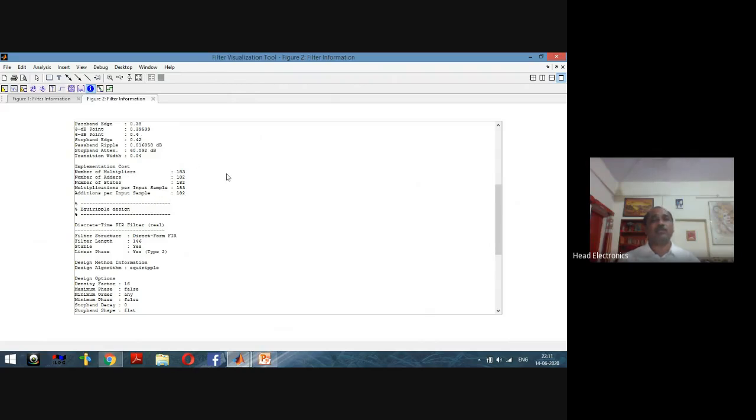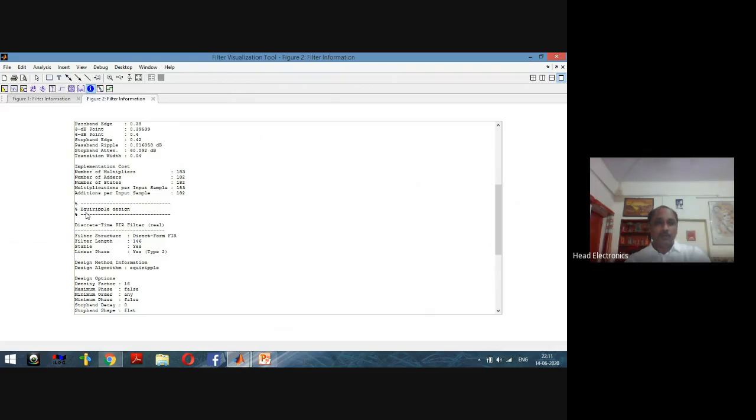This is the description of the Kaiser window, that is, when the filter is designed in order to maintain the specification which we have given. The specification is nothing but what describes the passband edge frequency, the stop band edge frequency, the attenuation in the passband, the attenuation in the stop band, and the sampling frequency. So on the basis of these 5 parameters, we have to maintain the performance of the designed filter. For the same performance, we are getting an order of 182 for the filter using the Kaiser window.